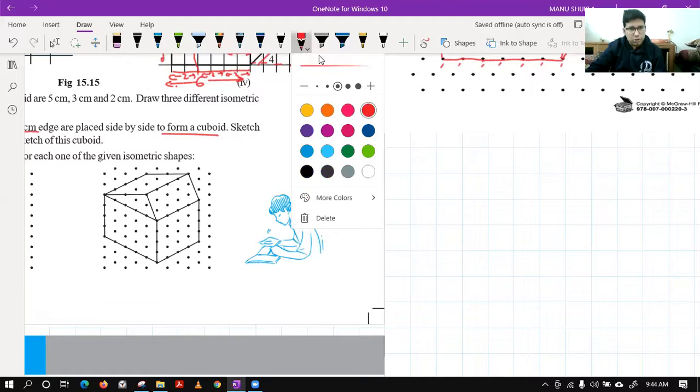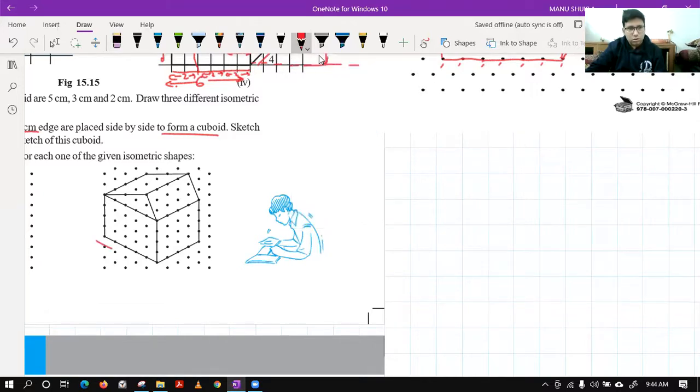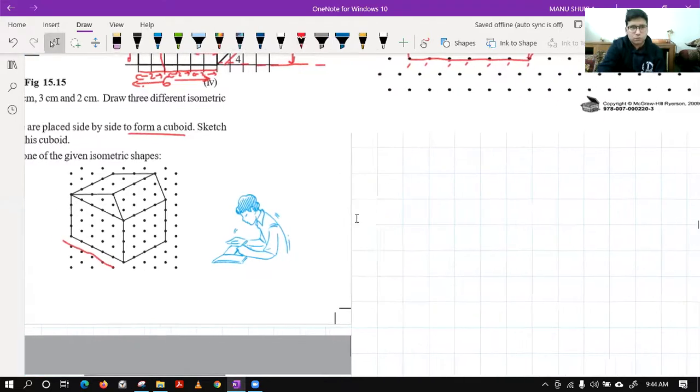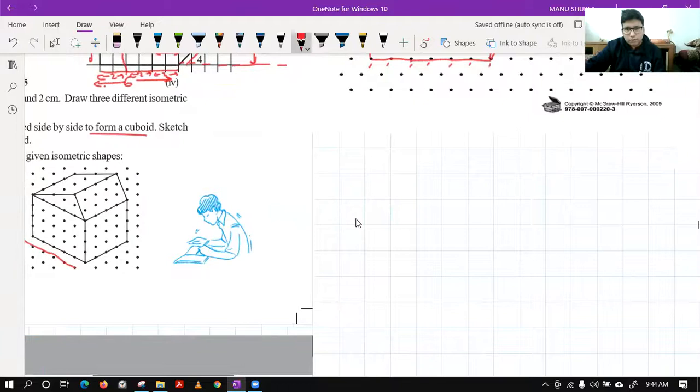So we have 1, 2, 3, 4, 5. So this way you can make the bottom like this. This is a little bit longer, no?